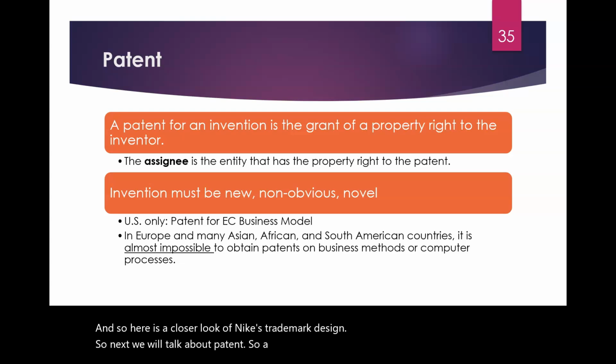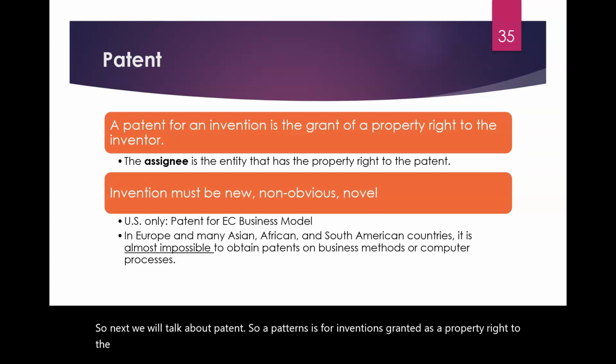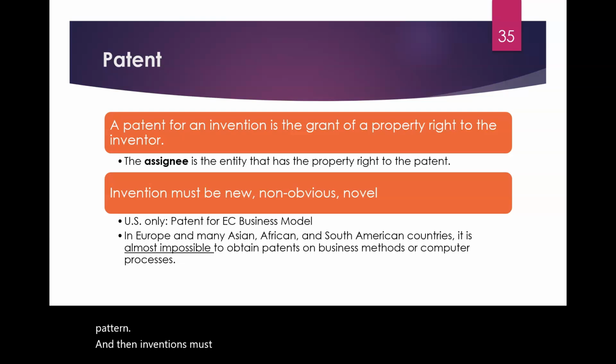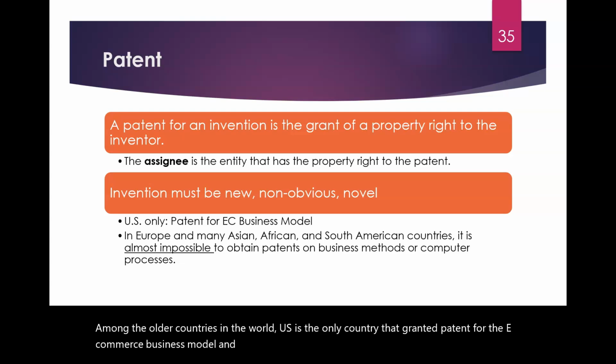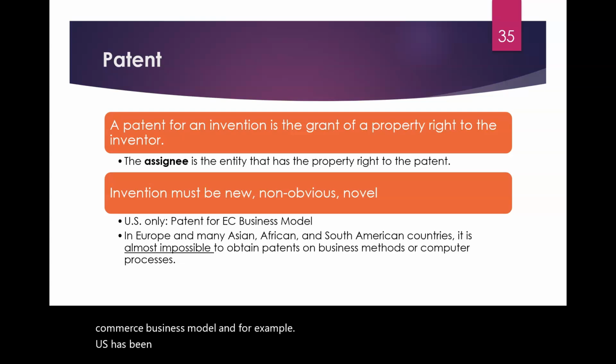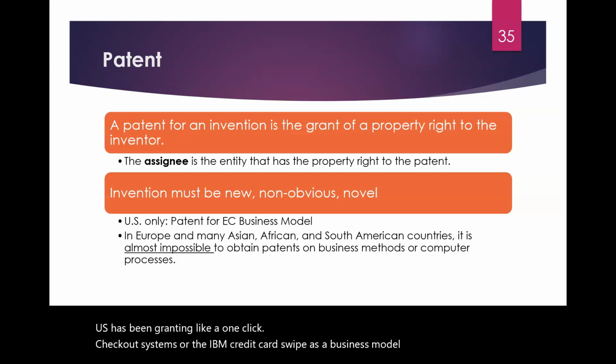So a patent is for inventions, granted as a property right to the inventor. The assignee is the entity that has the property right to the patent. And inventions must be new, non-obvious, and novel. So among all the countries in the world, the U.S. is the only country that grants patents for the e-commerce business model. For example, the U.S. has been granting a one-click checkout system,